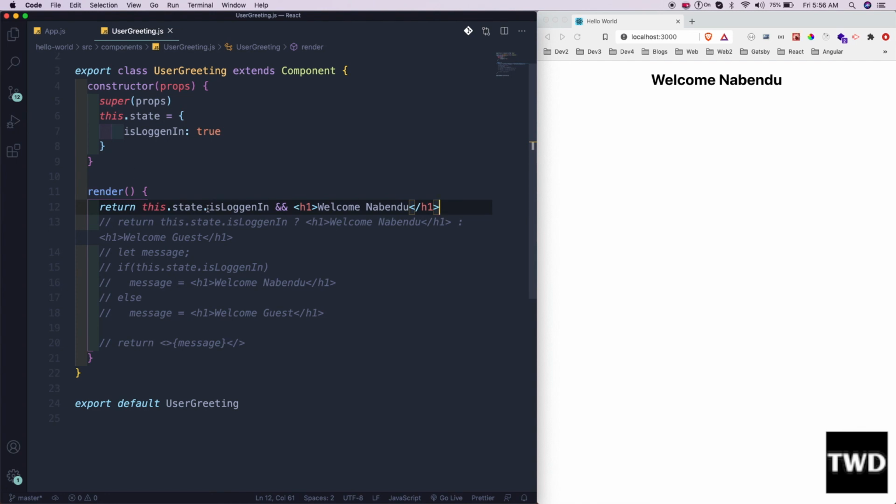So what happens here, it comes here and evaluates. If it is true, then only it goes to the second one, and if it comes here and evaluates it to be false, it will not even go here. See, nothing will be shown. So this is what conditional rendering is about. So this completes part 7 of the series. See you soon in part